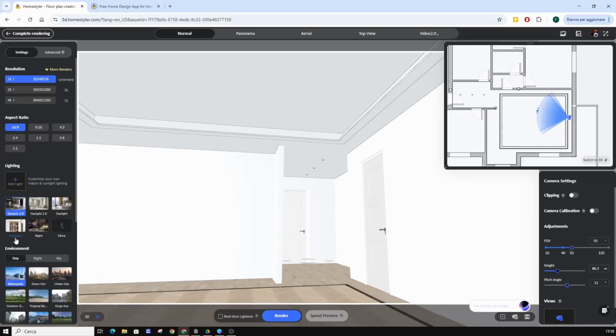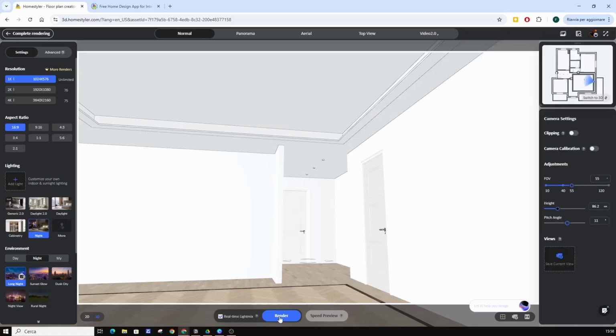We choose an ambient lighting option, night type. We don't select other things, we just launch the render quickly. We can resize this, and at this point we wait, but not for long, just a few seconds.